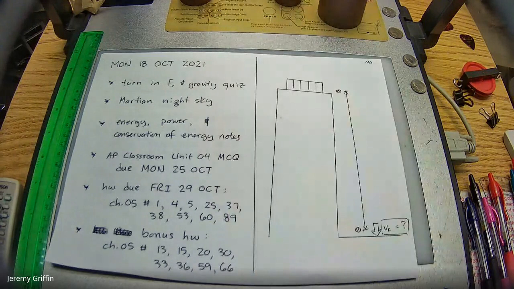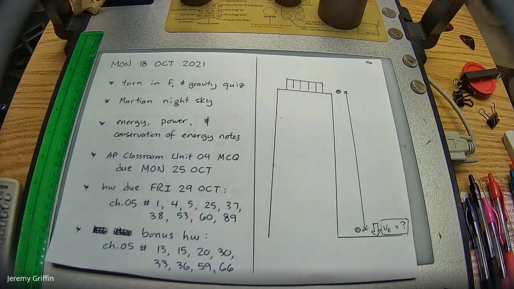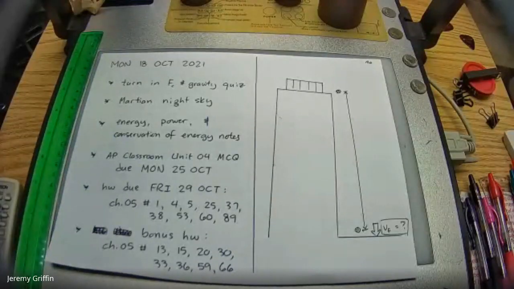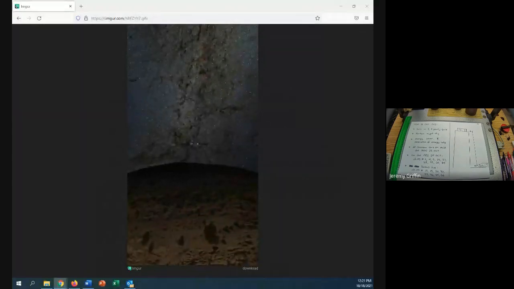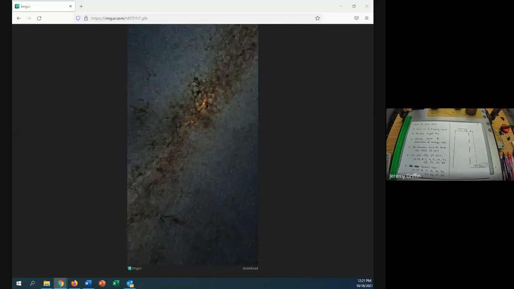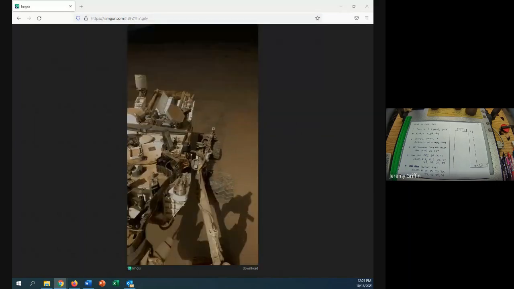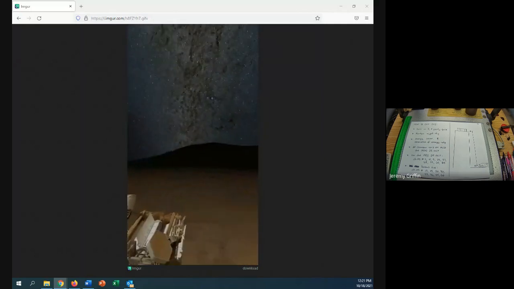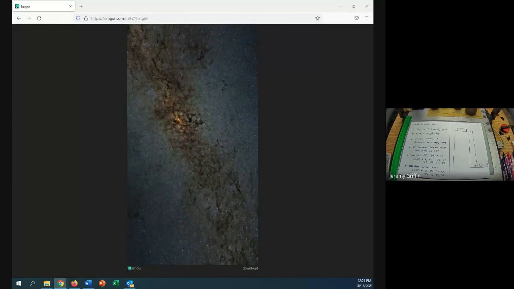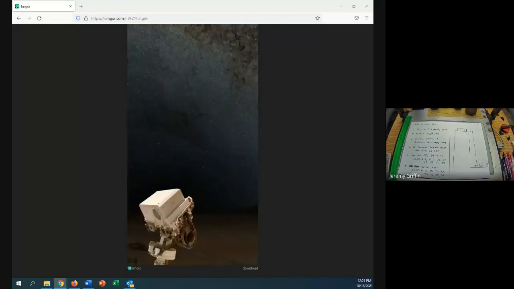Also, before I get going too far, Martian night sky. Let me flip my screen over, because I found this animation over the weekend. I was like, oh, this is so cool. I have to show all my students. So this is a Mars rover checking out the Martian night sky. That's what it looks like at nighttime on Mars. Now, obviously, you see way more stars there than you would on Earth. I've been asking students today, why is that? And they've given me two reasons. One is maybe a stronger reason than the other.